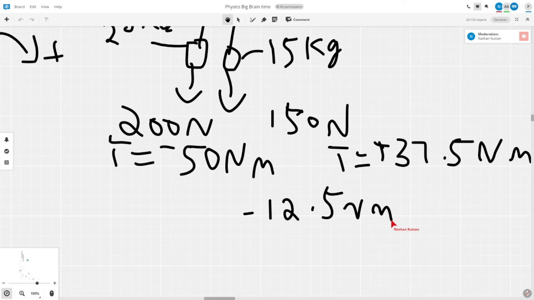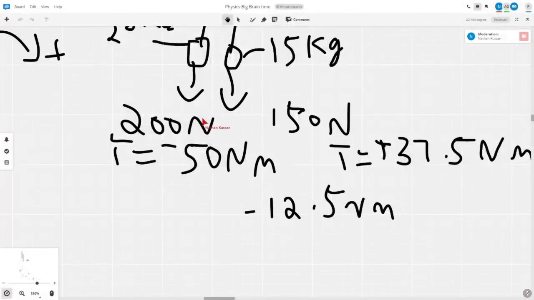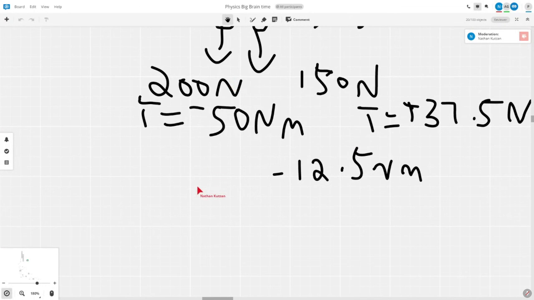Okay, so we get negative 12.5 Newton meters. And remember that it's negative, so it's really going to be spinning counterclockwise. And so that is going to be the net torque. So the next part is we need to get angular acceleration from